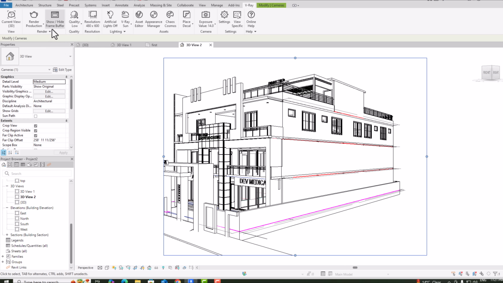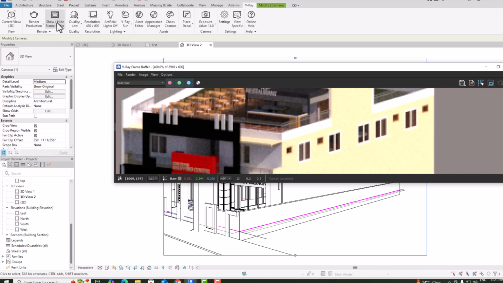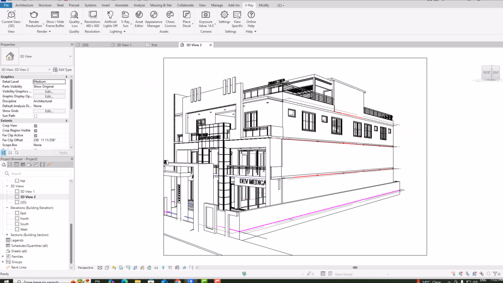And if you click here, this is show or hide frame buffer. Like V-Ray for any other software, you can show or hide the frame buffer here, and you can use any other image also. I'm going to select this image and close this,